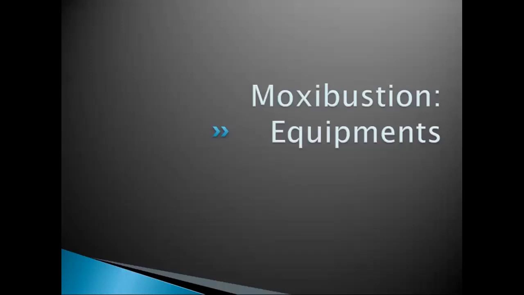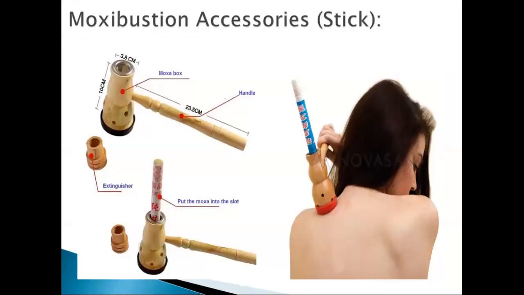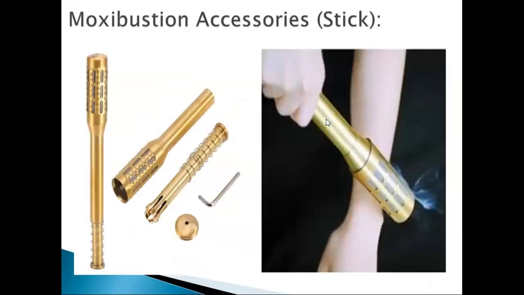So for moxibustion, let's delve more into equipment. As you can see, nowadays they use multiple types. We have a moxibustion stick holder like this one, multiple. There's also a moxibustion hammer where you can place your moxa stick, very self-explanatory. Then there are also moxibustion tools such as this, like an incense holder, where you place your moxa stick